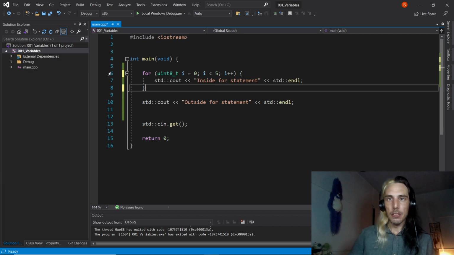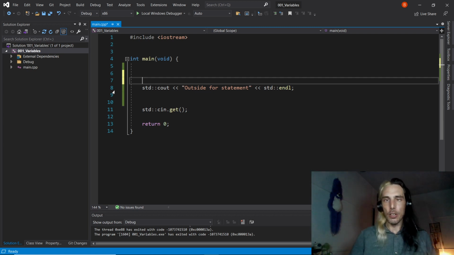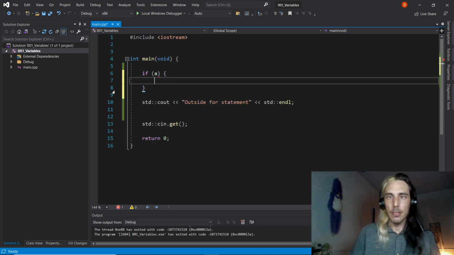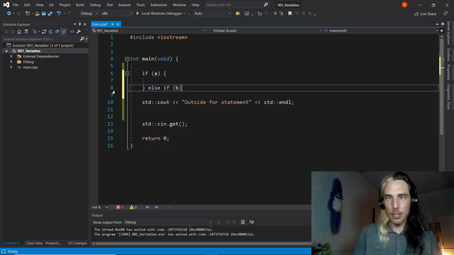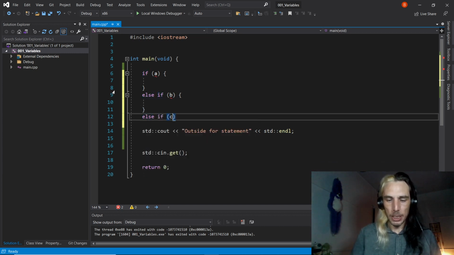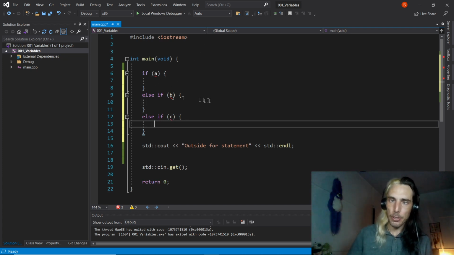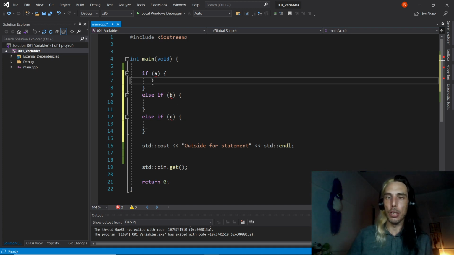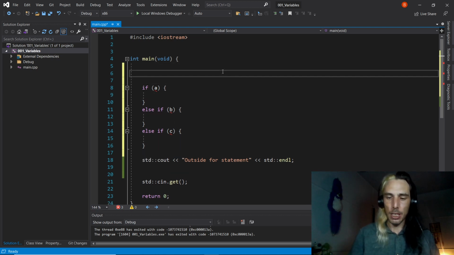Now, the other thing that I wanted to take a bit of a look at is a switch statement. So, as I mentioned before, we can go through and nest a bunch of if statements. I'll let it format it that way for the moment because it's still going to explain what I'm looking for. So we could have if A, else if B, else if C, and we could have a whole bunch of these, allowing us to determine what's actually going to get executed in here. And we could also say if we